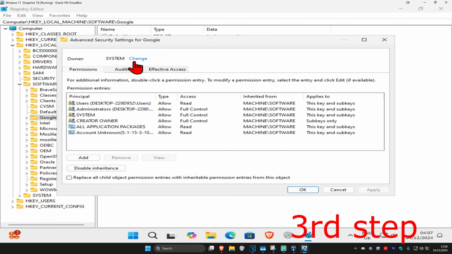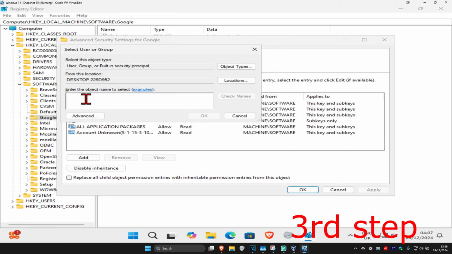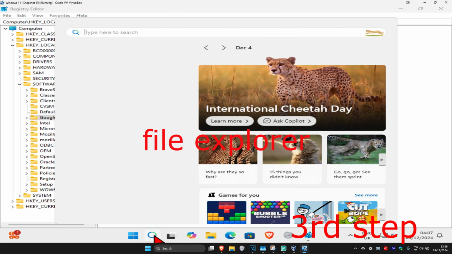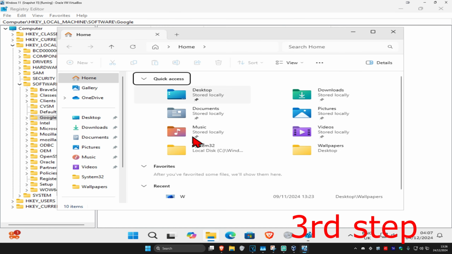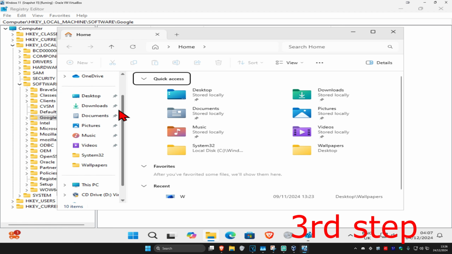And then once you're on this, you want to click on change. Now you're going to type in your username. If you don't know it, you want to head over to search and type in File Explorer, click on it. And then once you're on this, on the left hand side, you're going to scroll down and then click on